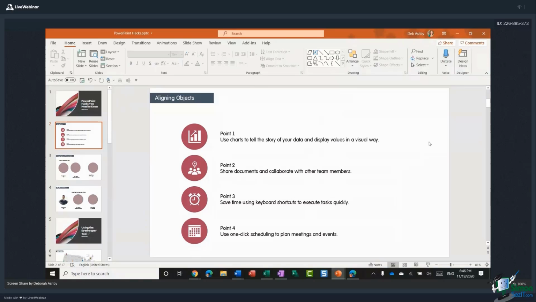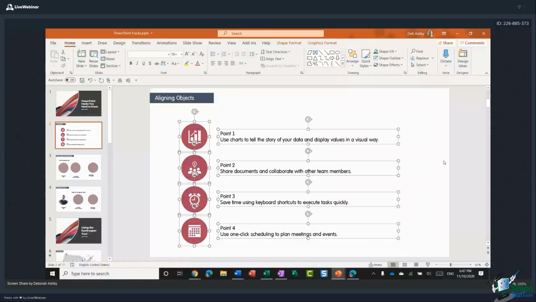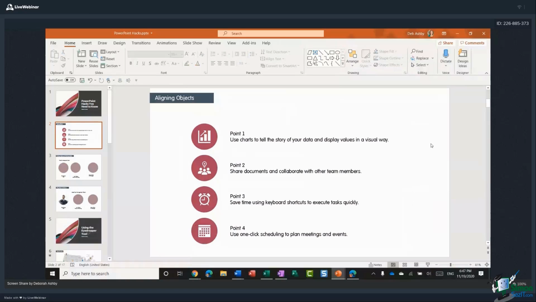Then, of course, if I wanted this whole lot centered on this particular slide, I could select everything. So I'm just going to draw a big rectangle to select all of the objects. I can group them together, Control-G to make them one object, and then I can align to the center to move that across. So very quickly, with a few clicks, I've been able to get my alignment exactly correct. And this is the way that you should be aligning objects, either on the slide or relative to one another.